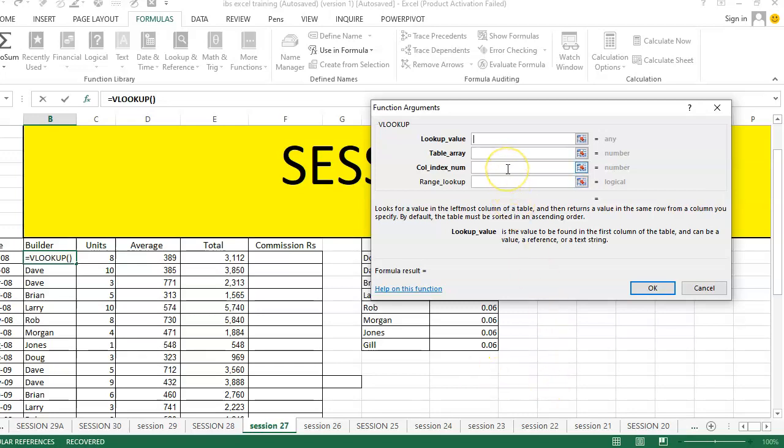The second is the table array, the table from which we want to retrieve a value. The third is the column index number, the column in the table from which to retrieve a value, so that is a column number. And the last one is the range lookup, which can be true for approximate match and false for exact match.